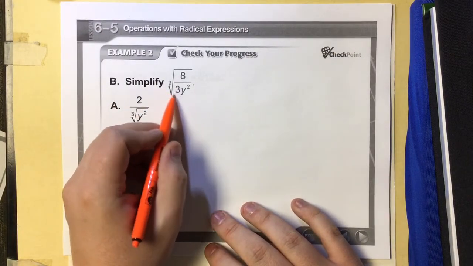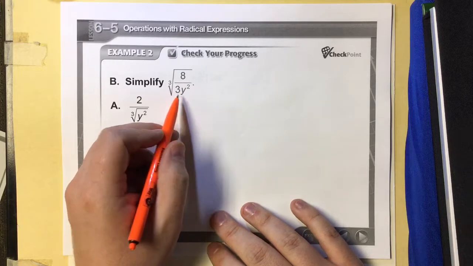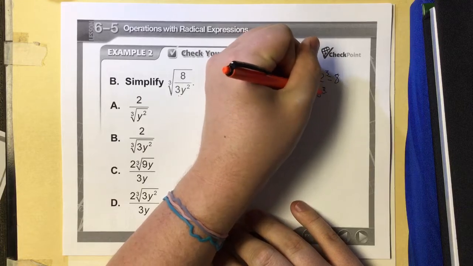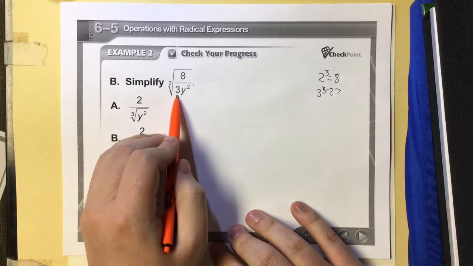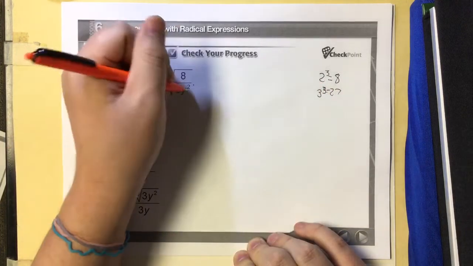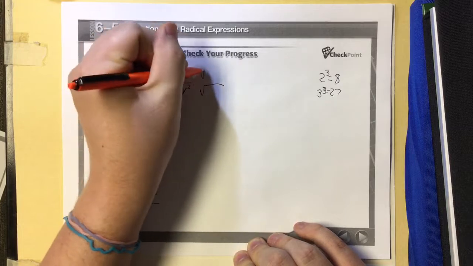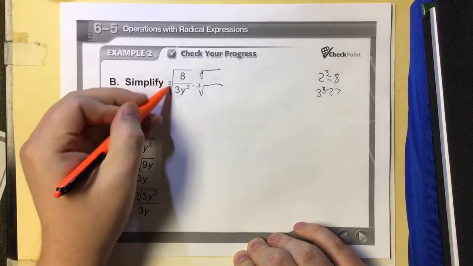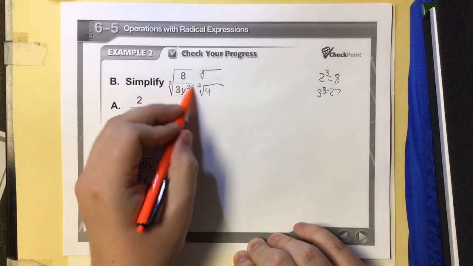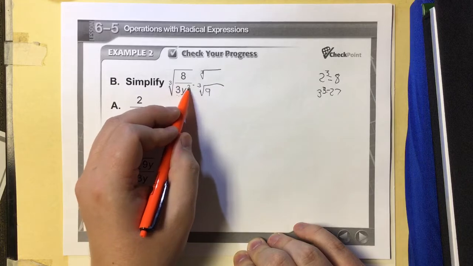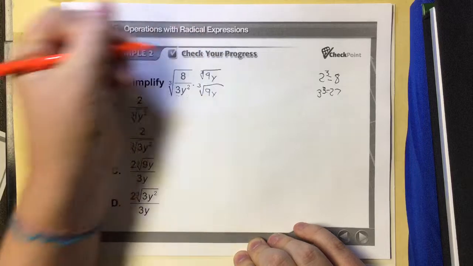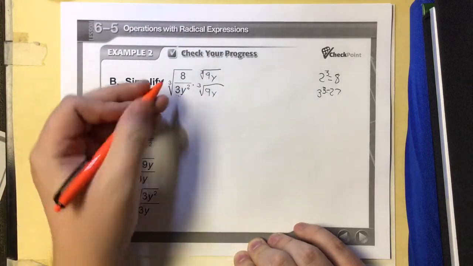Here again, we need to get the denominator to be a perfect cube. 2 cubed is 8, 3 cubed is 27. I can't multiply 3 by anything to get to 8 very easily, but I can multiply 3 by 9 to get to 27. So I'm going to multiply top and bottom by the third root of 3 times 9, which gives me 27, and my y squared I need a power divisible by 3, so y squared times y will be y to the third power. So that will give me,